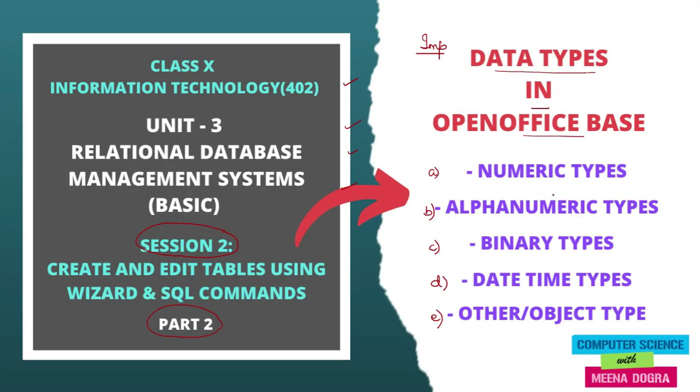Hope you'll find this video useful. Do refer to it. There are total 21 data types listed in the OpenOffice table design window, and each of these I have explained here category wise. Just remember how you have to learn them category wise, and within the category then go for the names. Fine. So do watch it.